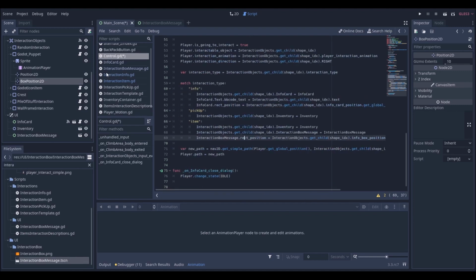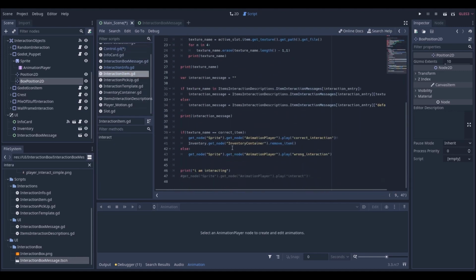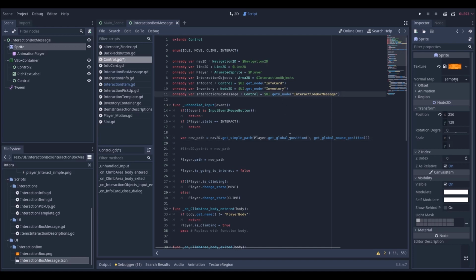And now in my interaction item, I will do this last thing here in the end, which is set the BB code text to what my interaction message is and put those center tags in order to align it horizontally and toggle the visibility of the interaction message. And I need to